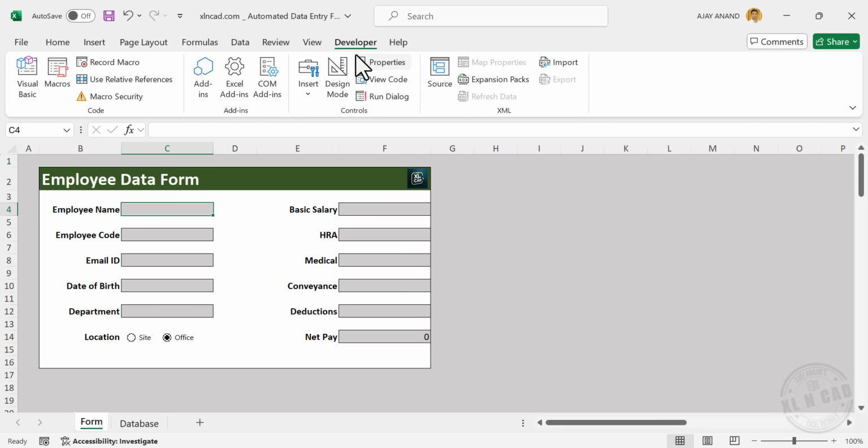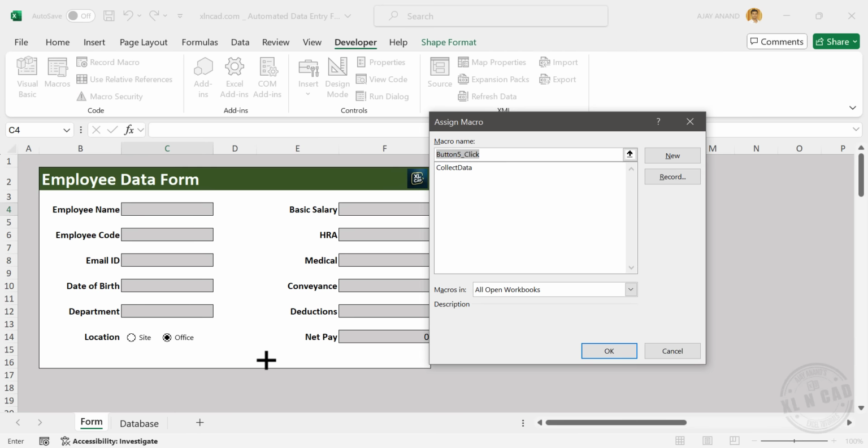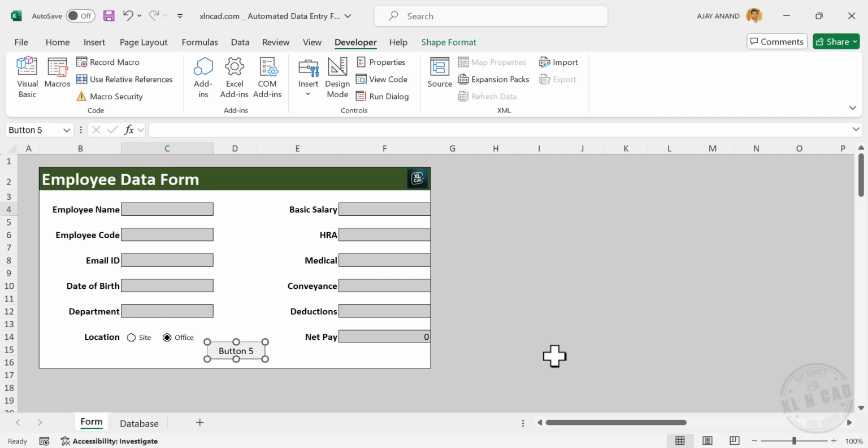For that, in the developer tab, insert, under form controls, button, place the button here. See a dialog called assign macro is activated and the program we created, collect data, is listed here. Select the macro. OK. To edit the text on the button, right click, edit text, submit. Let's fill the data entry form again. Employee name,